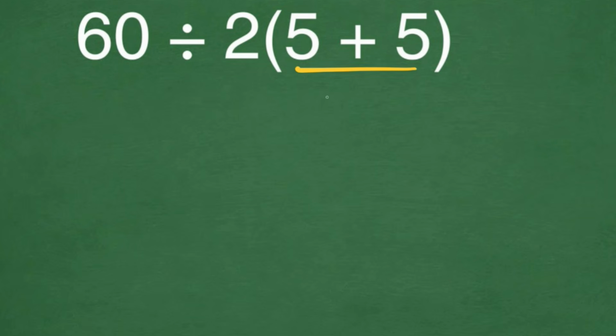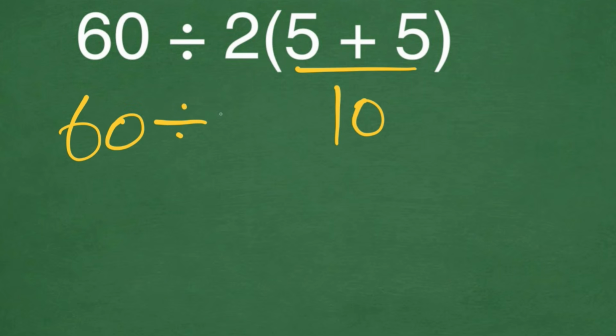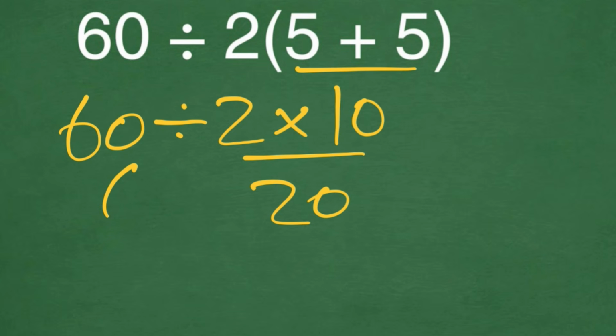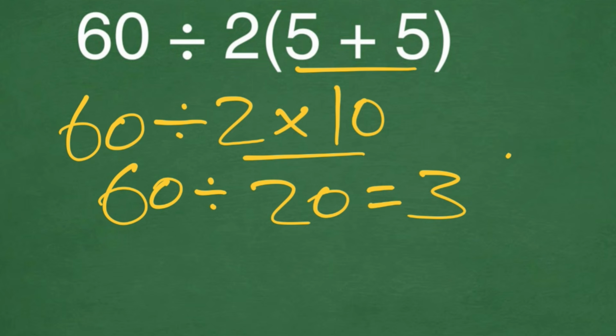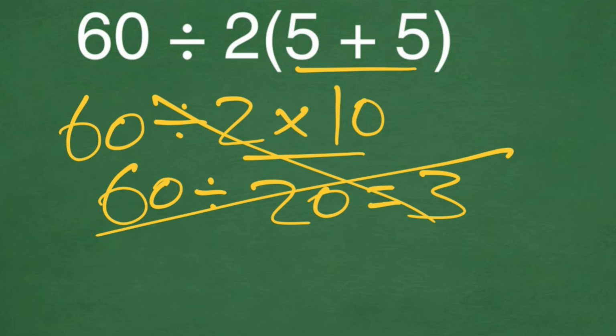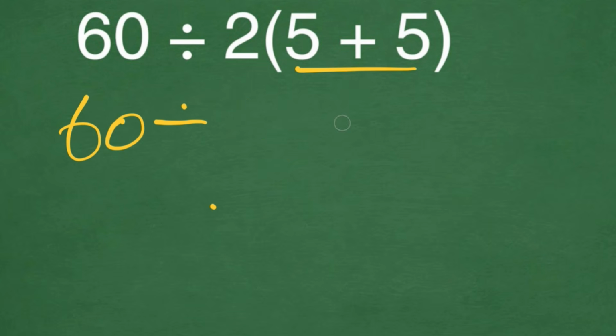5 plus 5 gives us 10, and 60 divided by 2 times 10 is going to be the next equation. 2 times 10 gives us 20, and 60 divided by 20 is equal to 3. But this answer is not correct, because according to the order of operations, PEMDAS,